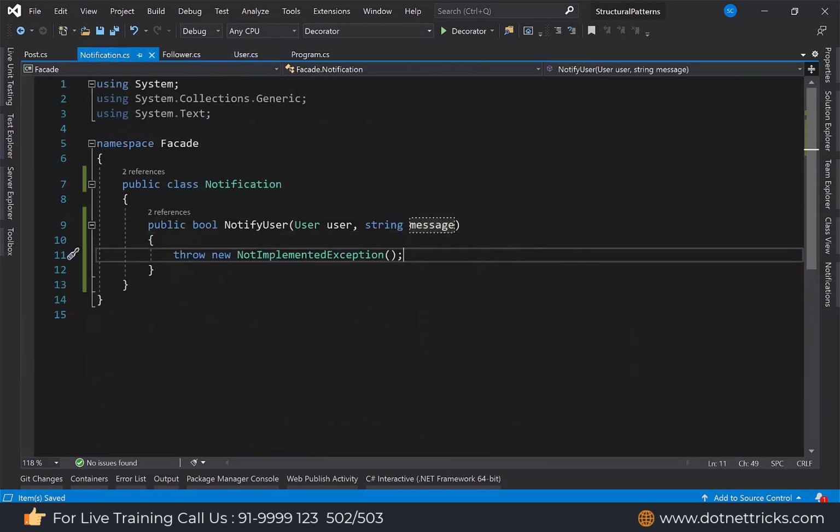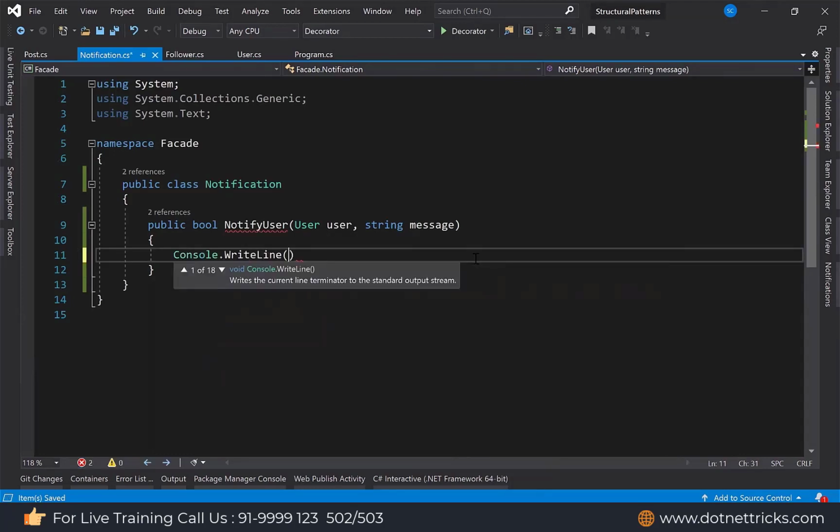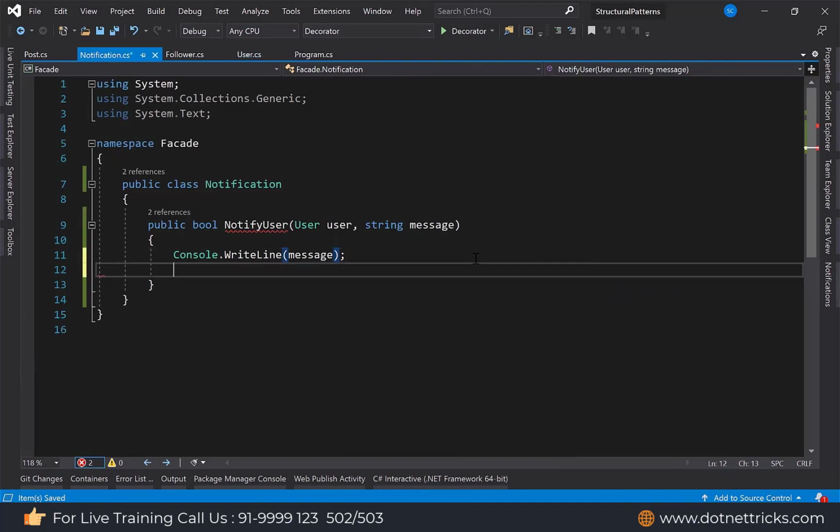Now let's look at the notification class. So in the notification class, I'm just having a simple Console.WriteLine where I will write the message. Console.WriteLine, then message. This way.